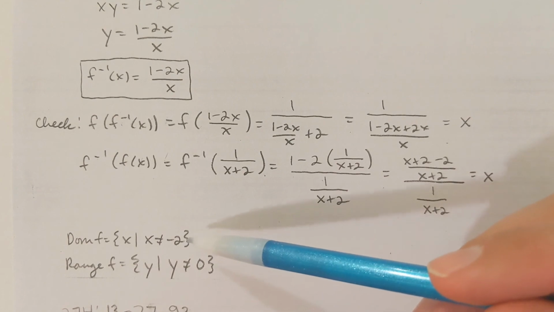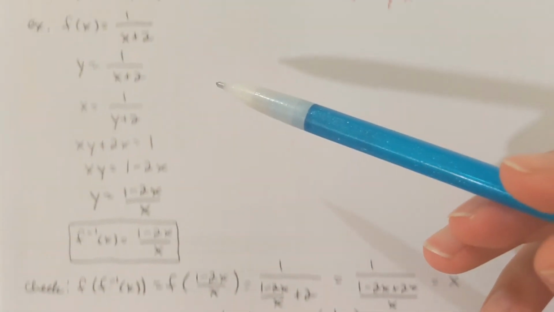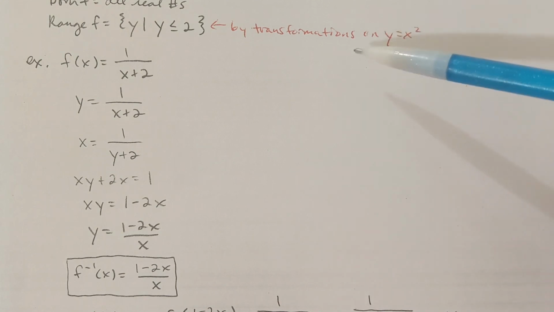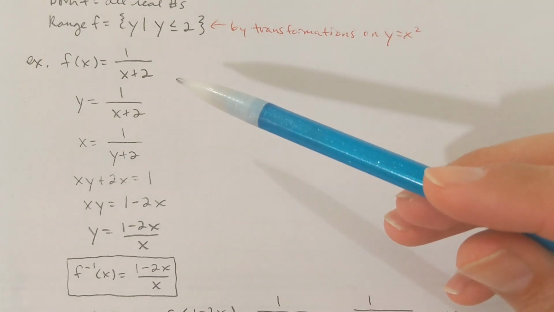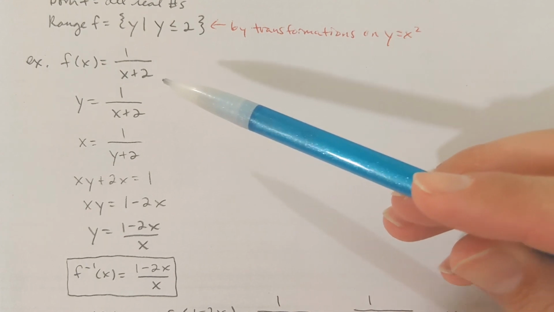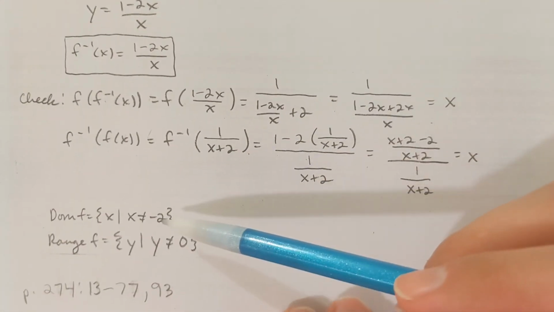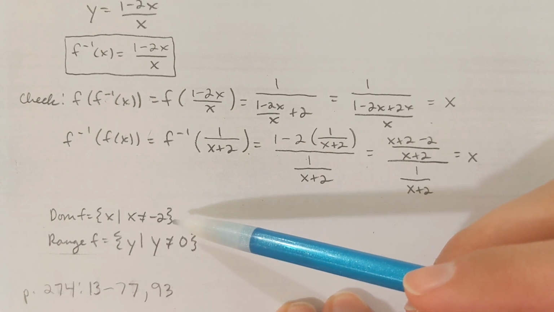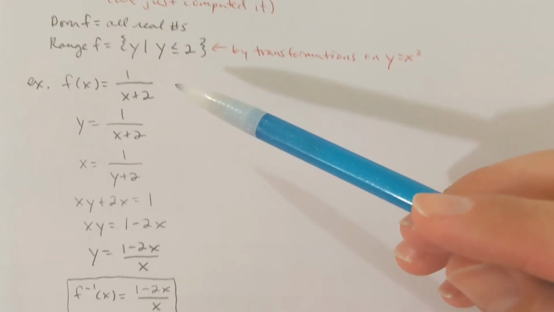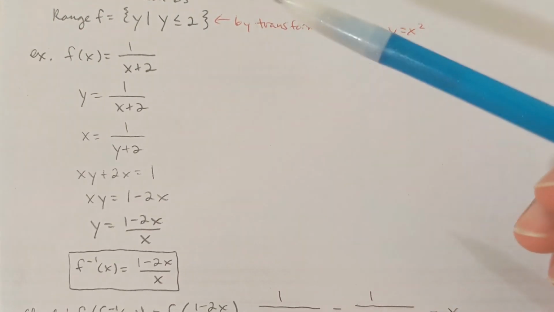The domain of f. Well, I can go back to sections 4.4 and 4.5 for a moment and recall what I know about vertical asymptotes. X can't be negative 2, right? So the set of all x such that x is not equal to negative 2. And the range of f,